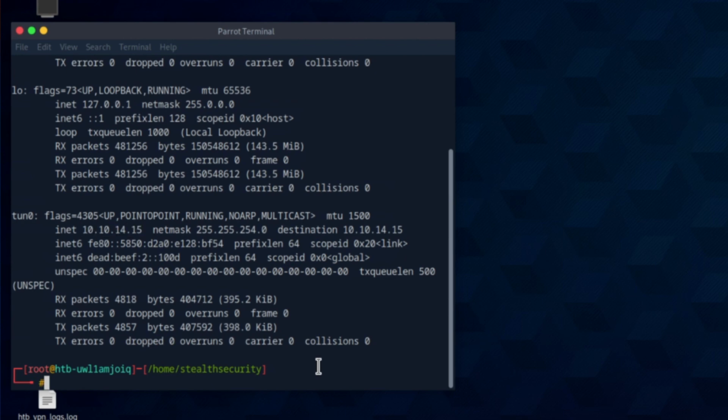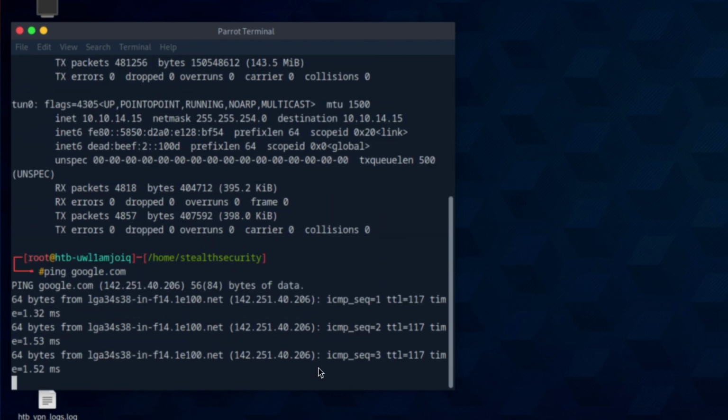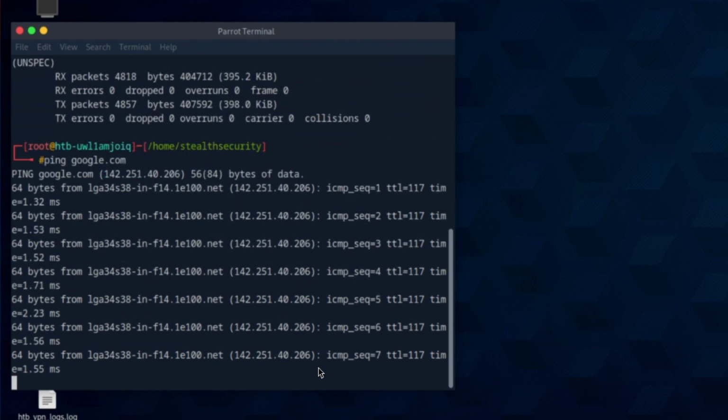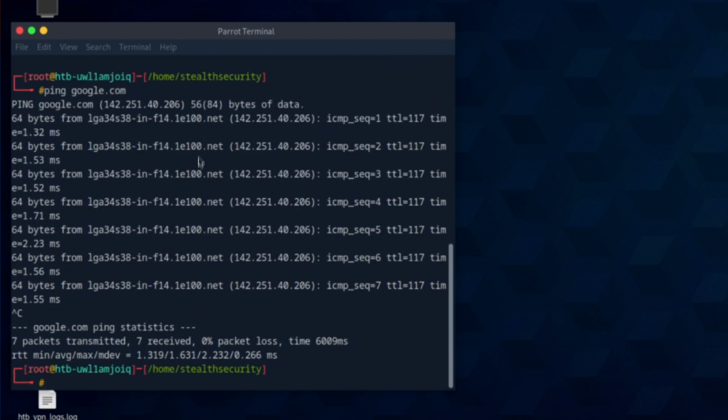Okay, so the next command you should know when it comes to networking is the ping command. So ping command helps you understand if a system is up or if you are connected to the system. For example, to check if you are connected to Google, we can simply say ping google.com. Yeah, it's connected. It's saying 64 bytes are being transferred. And this is also a great way to understand the IP address of a target. For example, google.com's IP address is